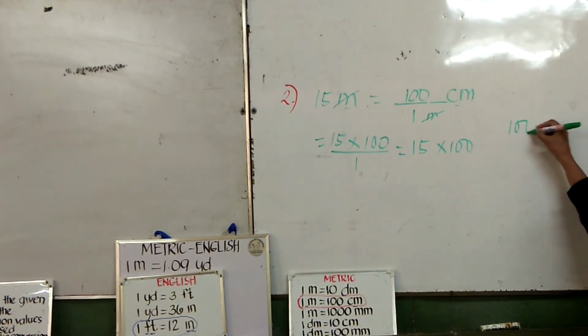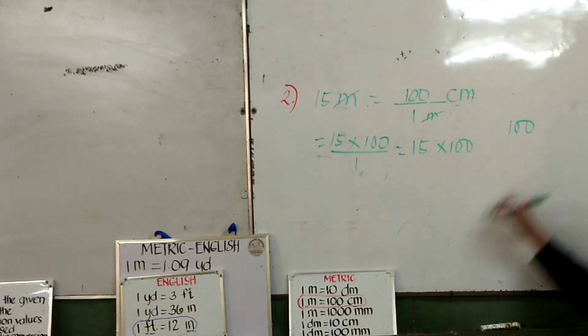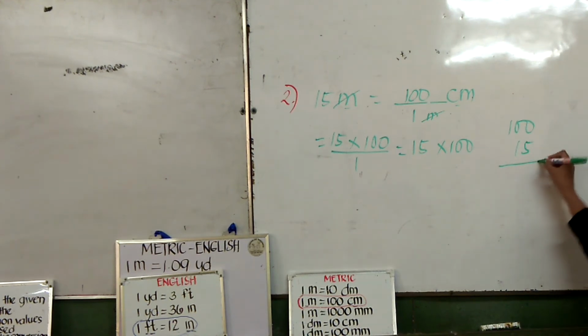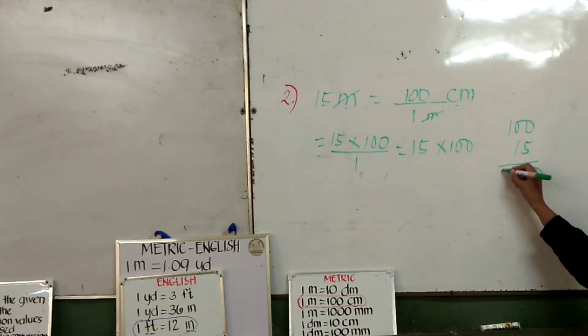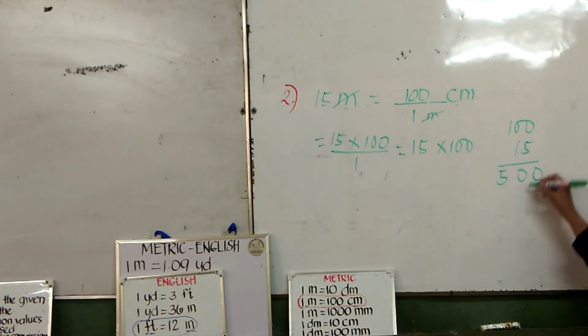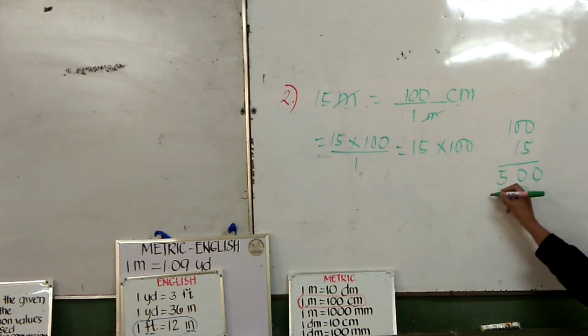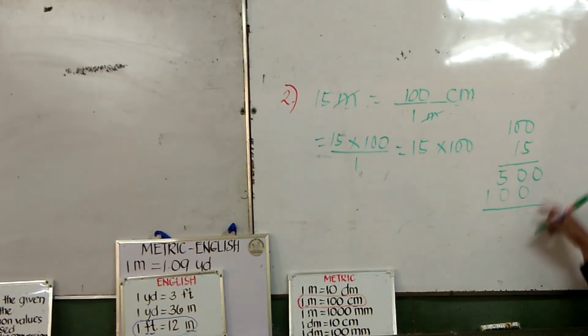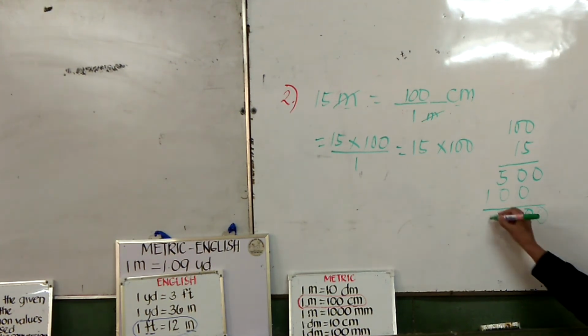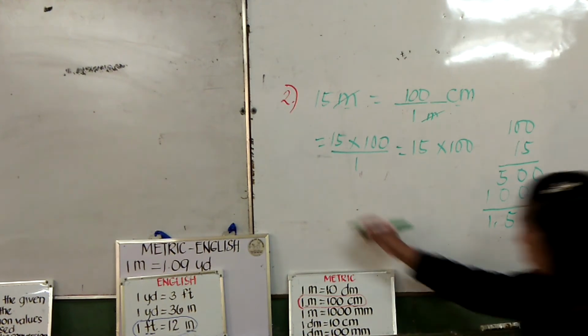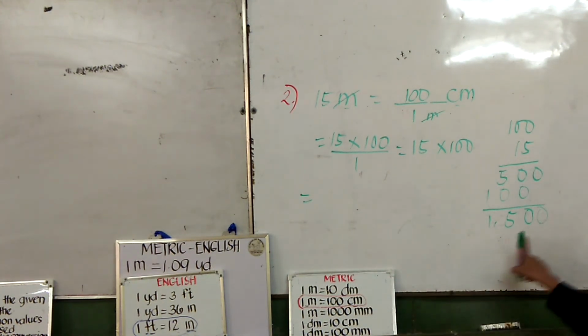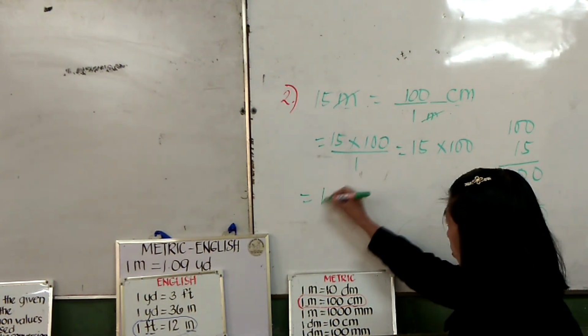Okay, so 100, let's do the long cut. Okay, so 5 times 0 is 0. 5 times 0, 0. 5 times 1, that is 5. 1 times 0, 0. 1 times 0, 0. 1 times 1, that is 1. And then we will add all together. 0, 0, 5, and then 1. Okay, so we will copy our answer here. So it is